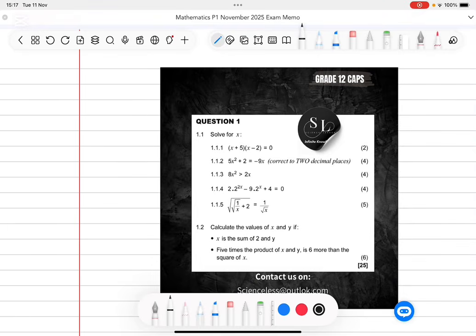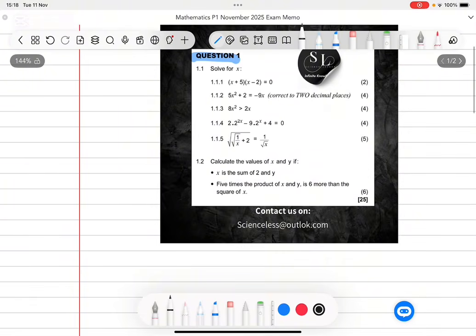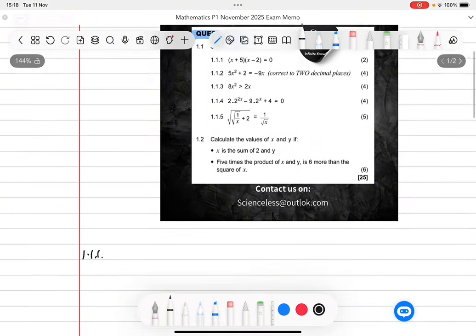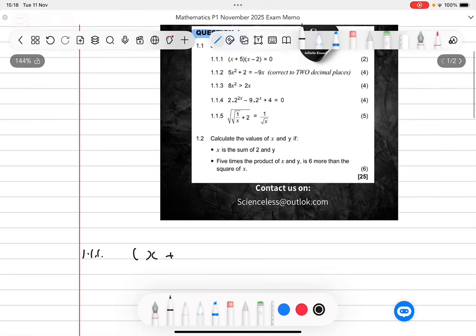In today's video, we are going to do a review of the exam that you recently wrote for Mathematics Paper 1. So we'll start with question 1 here, which we all know looks at algebra. And there are various ways in which we are solving algebraic equations by solving for x. That's 1.1. So for this year's exam, you were given the first equation 1.1.1, x plus 5